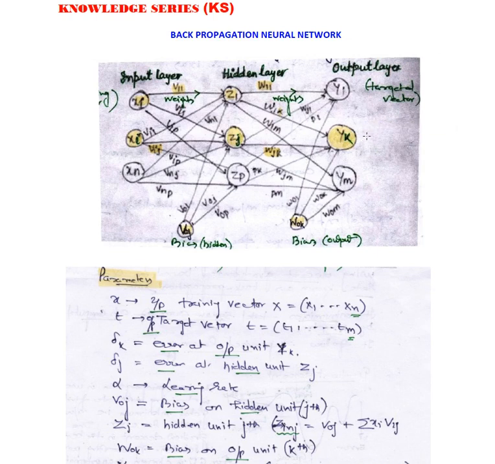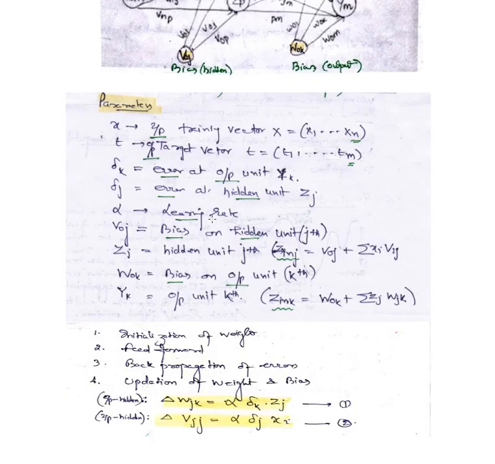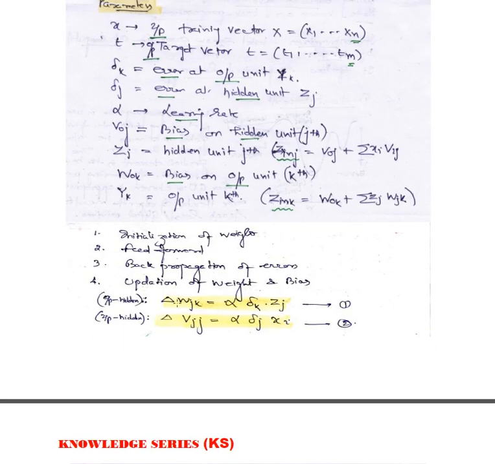At the output Yk we are going to find the actual output and the target output comparison. That is the mean square error, and if that error is found, that error is propagated back for the weight adjustment. If we are able to adjust the weight, we will be able to find delta of Wjk equal to alpha of delta k Zj, that is the new output hidden weight which is ready for adjustment, and the input hidden weight is delta of Vij equal to alpha delta j x of i. That is the new weight with respect to the input hidden